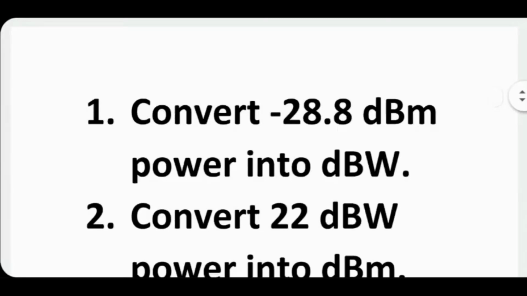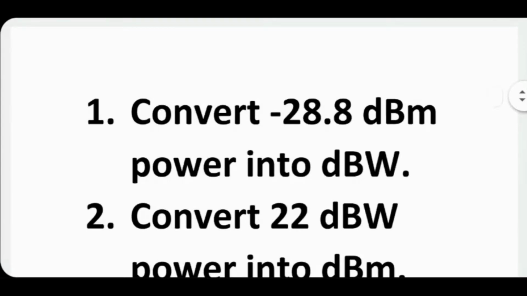dB is 10 log. We saw that dB is defined as 10 log P2 upon P1, and Neper was, of course, natural log of V2 upon V1, and we did a lot of derivations and some sample calculations as well. Today, let me quickly solve a few problems. Some of them will seem very trivial, but still worth looking at.